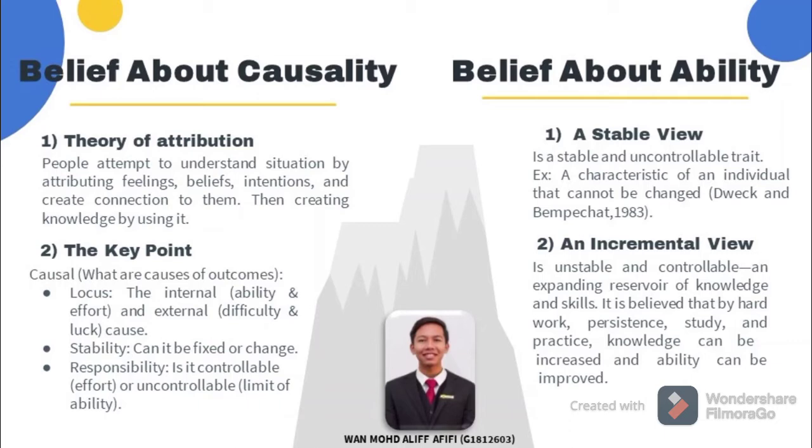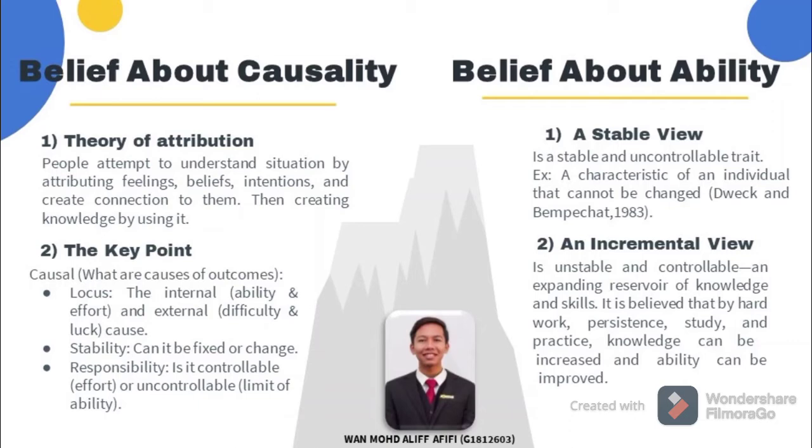First, locus is the internal and external cause. The internal refers to the ability and efforts of individuals, while the external refers to difficulty of the situation. Second, stability. Can it be fixed or changed? Human ability is relatively fixed, but effort varies from one situation to another. That means human ability cannot be changed and is stable, but the effort can be changed and is unstable depending on the mood or motivation and the other